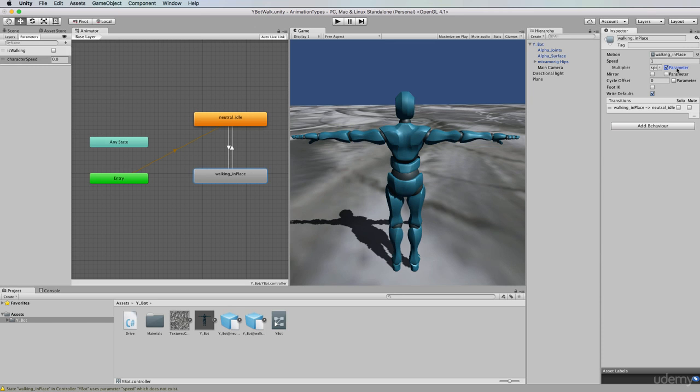Click on parameter and then look for the multiplier that you want. It's going to be character speed, which is based on this character speed here. We're going to run at a speed of 1 and multiply it by whatever this character speed gets set to. That will get set in the code. So go back to the code,